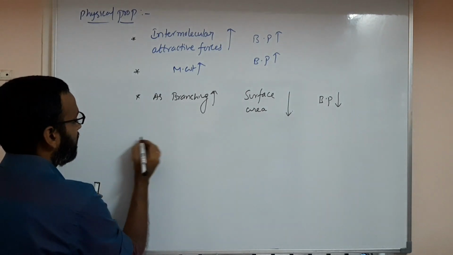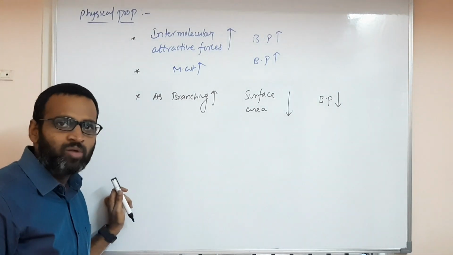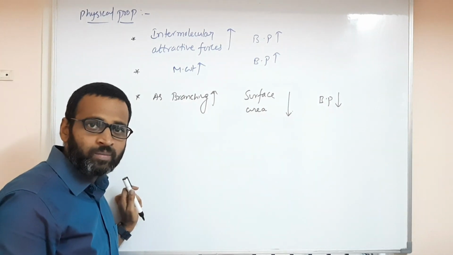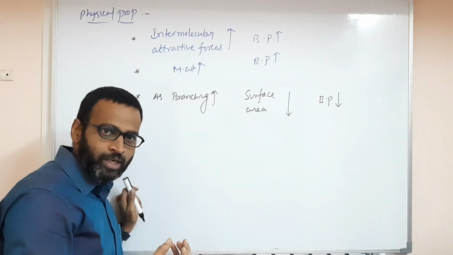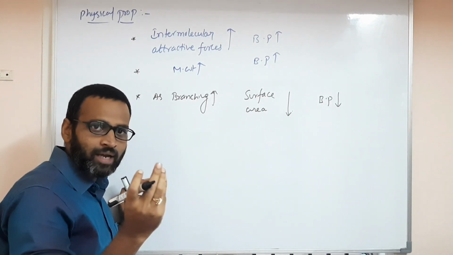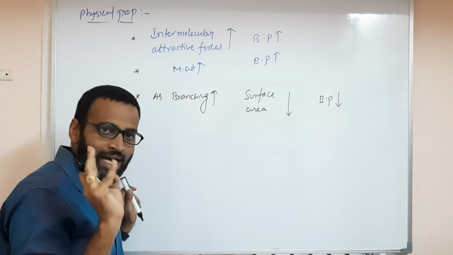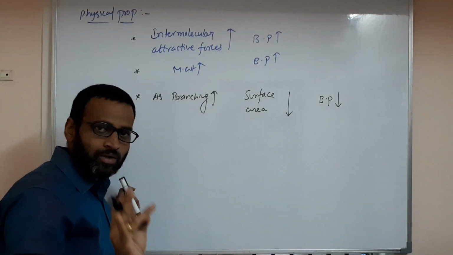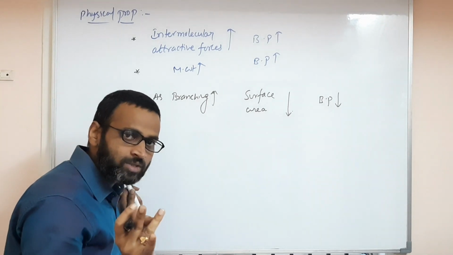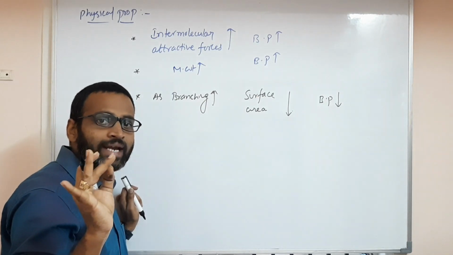Please remember, everyone. As I told you, ethanol can dissolve in water because of its ability to form hydrogen bonds. What is a hydrogen bond? Hydrogen bond means the force of attraction between hydrogen and the most electronegative atoms with small size. And who has small size? Only three: oxygen, fluorine and nitrogen.